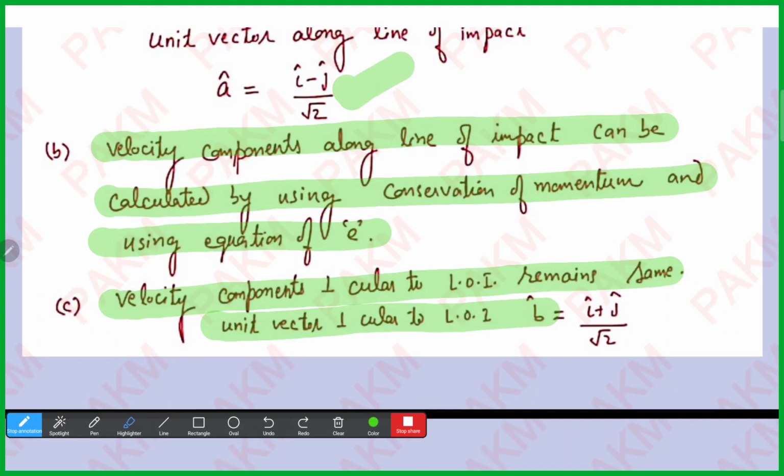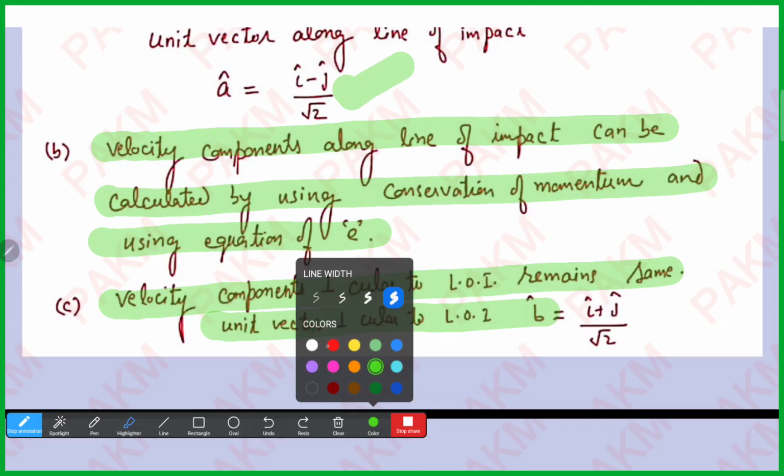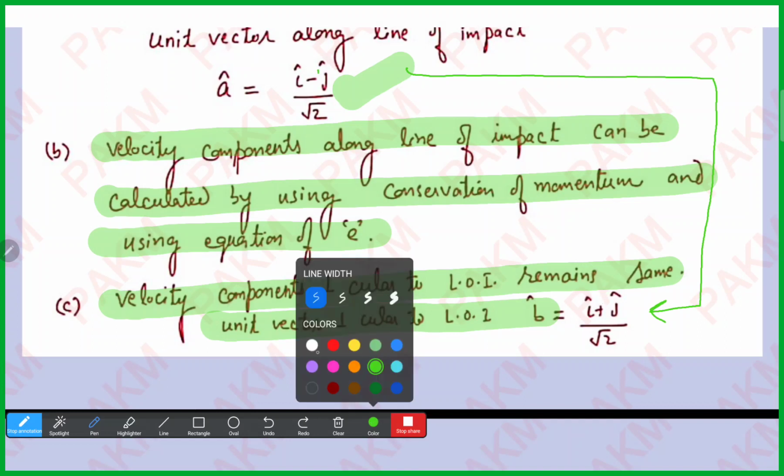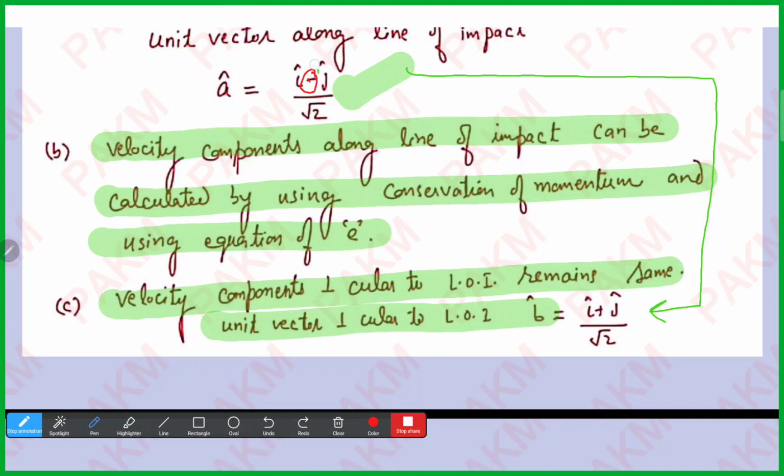Here we have been given the vector (i plus j) upon root 2, and for the vector that is perpendicular to this given vector, we have to only change the sign. Whatever the sign is there, if we change the sign,